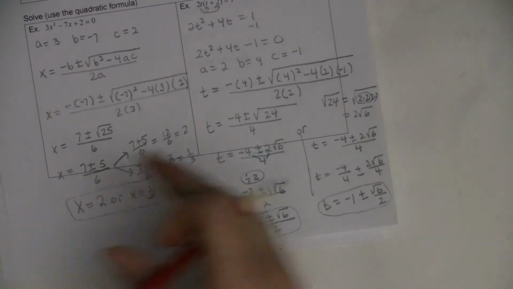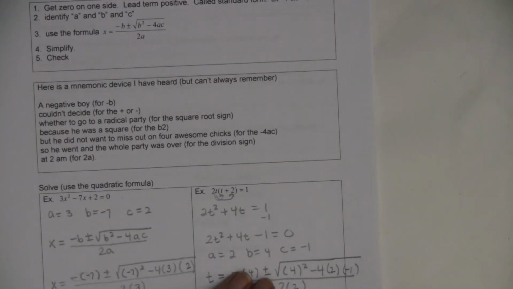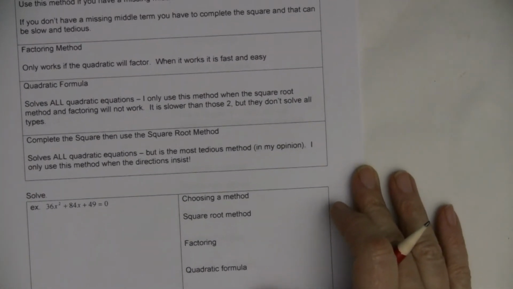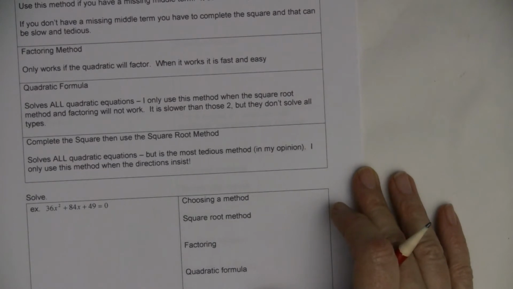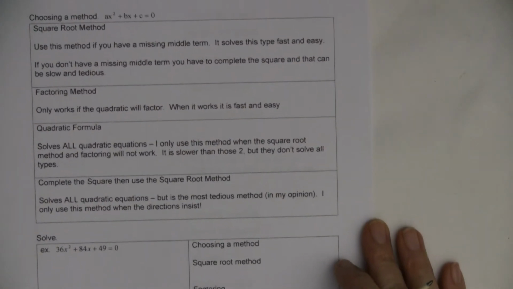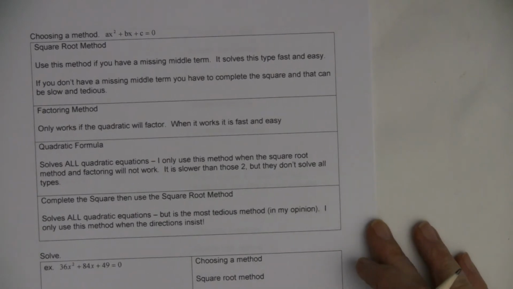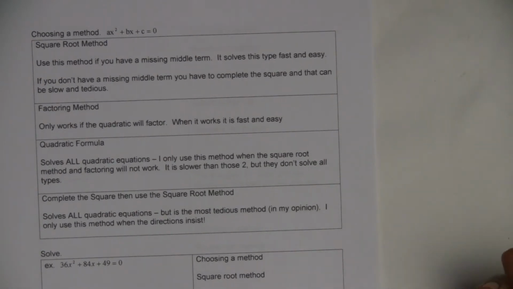Okay, so 9.2 we're working on. So this is this next part of the assignment. The next part of the lesson is on how to decide which one that you're going to use. Because remember that we had 3 methods or 4 methods depending on how you count your methods, and so